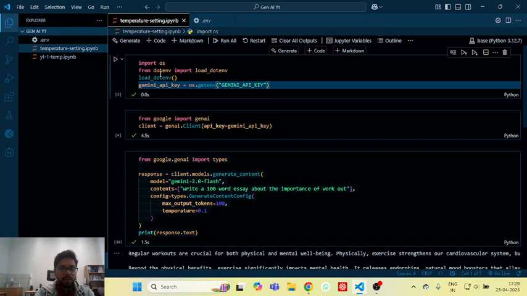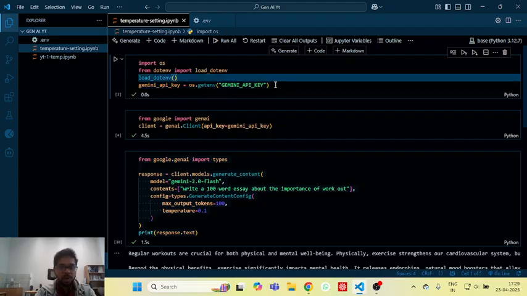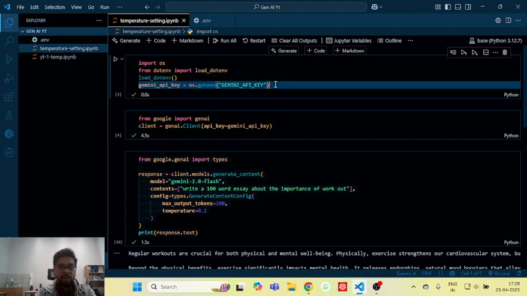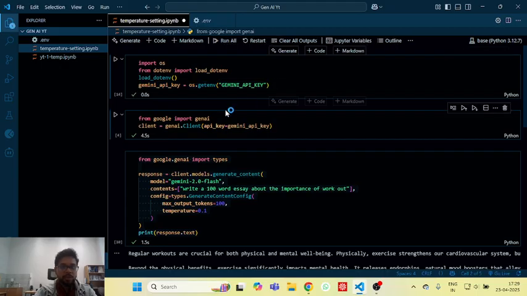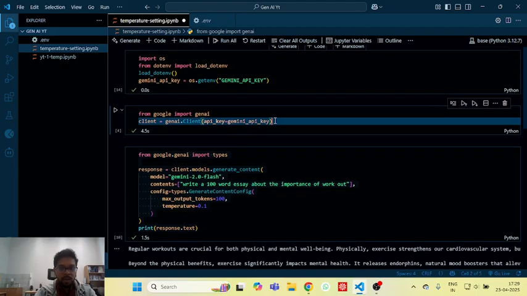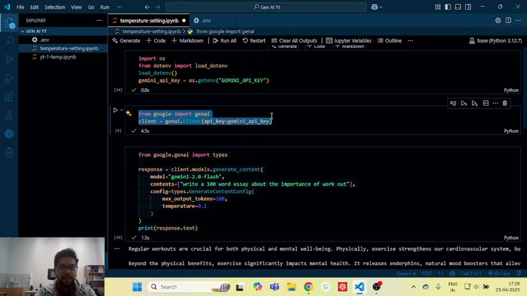Yeah, I have everything written down here. I will help you to understand this code file, what it does. We will check with a higher value of temperature and a lower value of temperature to check what kind of randomization it does. So first we load our Gemini API key. You can build it from the Google AI developer platform, and this is completely free. You can use this. So we run this, and then with the API key we create a client using